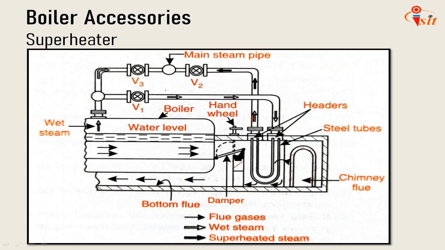There are lots of advantages of superheated steam. First one, steam consumption of engine or turbine is reduced. Losses due to condensation in the cylinders and the steam pipes are reduced. Erosion of turbine blade is eliminated. Efficiency of steam plant is increased. Superheaters are located in the path of the furnace gases so that heat is recovered by the superheater from the hot gases.